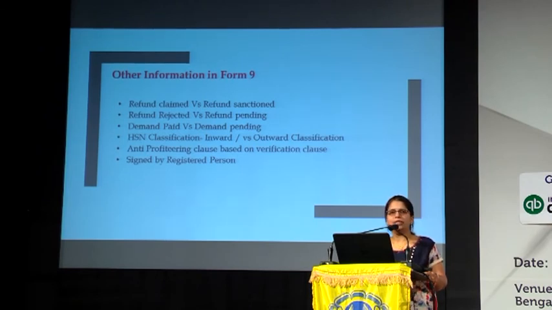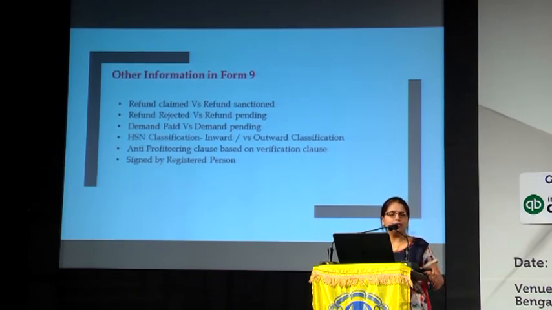I think most of our GSTR 1 does not contain the HSN details of outward supply itself. Now there is an additional requirement in GSTR 9 saying that you should give HSN on inward supplies also. Not only give the value, you have to give the quantity. You have to state what tax you have paid on that. So this is one more additional requirement in GSTR 9, which was not at all a part of your